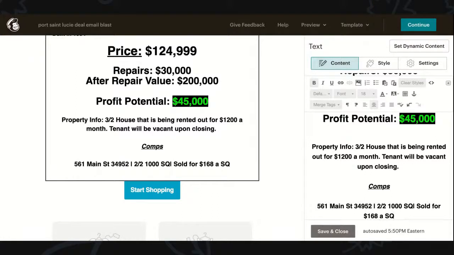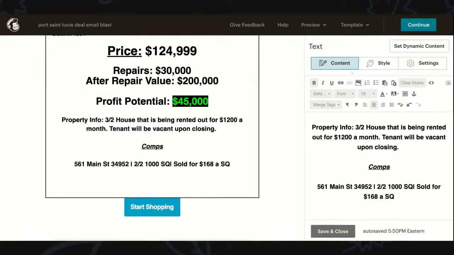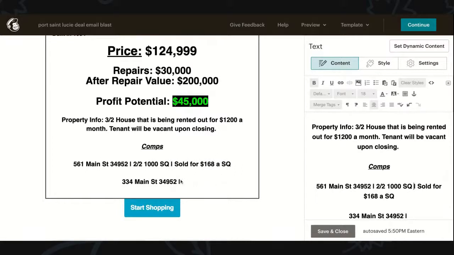Because that one's not a better comp, but it helps me out with my actual valuation. Go here, then do something like 334 Main Street, 34952. Right, I didn't have the space there. There we go. Good.